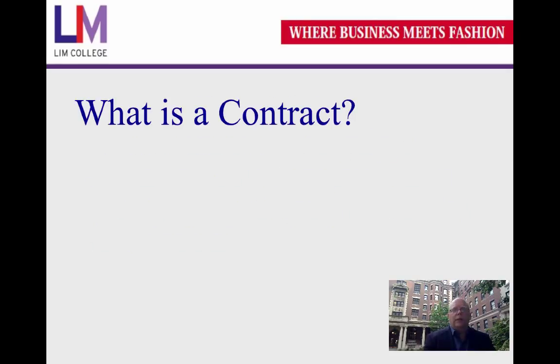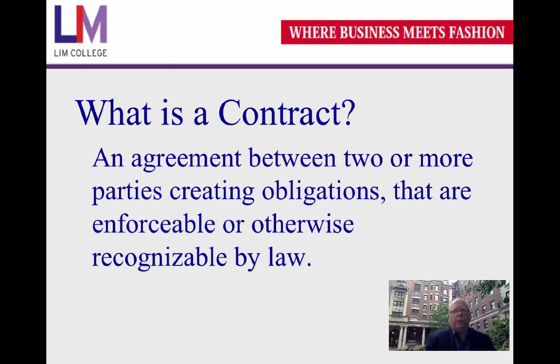All right. What is a contract? When you think about that, we hear the term all the time. We sign contracts, we see contracts, we have an understanding of what contracts are. But think about it. What is a contract? Well, the book's definition is that it is an agreement between two or more parties that create obligations on both sides, and these obligations are enforceable or otherwise recognized under the law. So it's an agreement between two or more parties. It could be two parties, it could be 22 parties. All right, but it has to be two or more. You just can't make a contract with yourself.